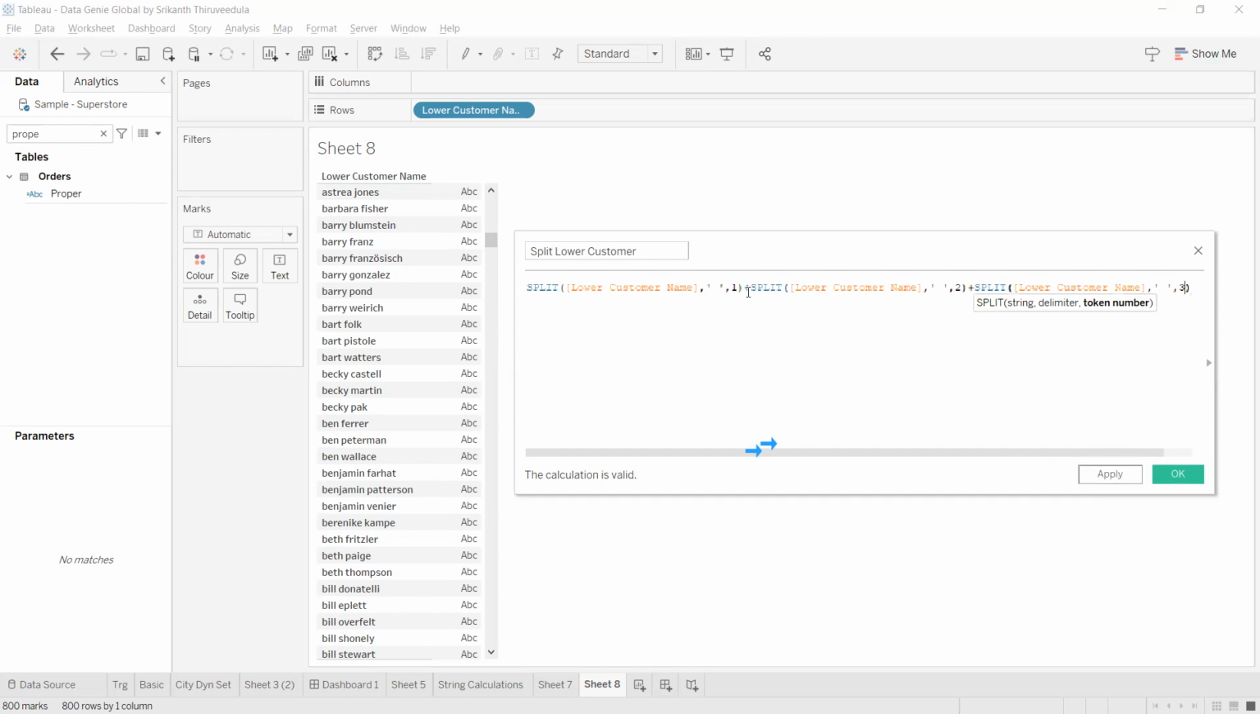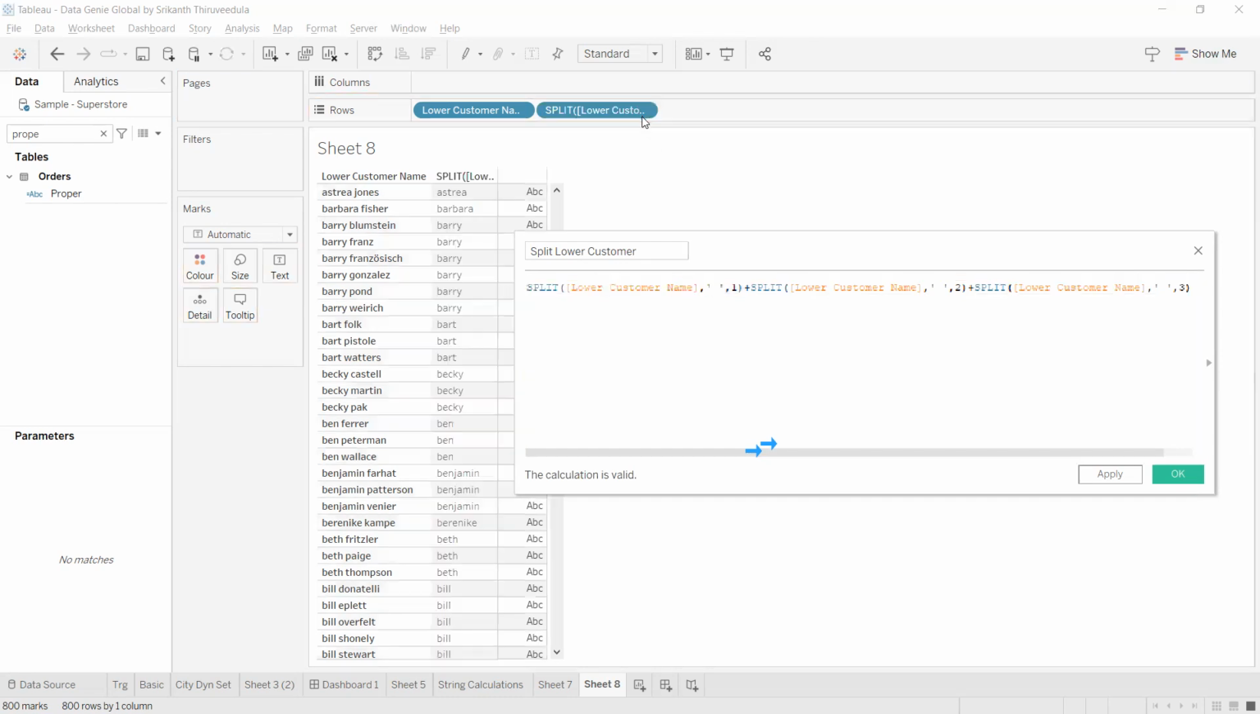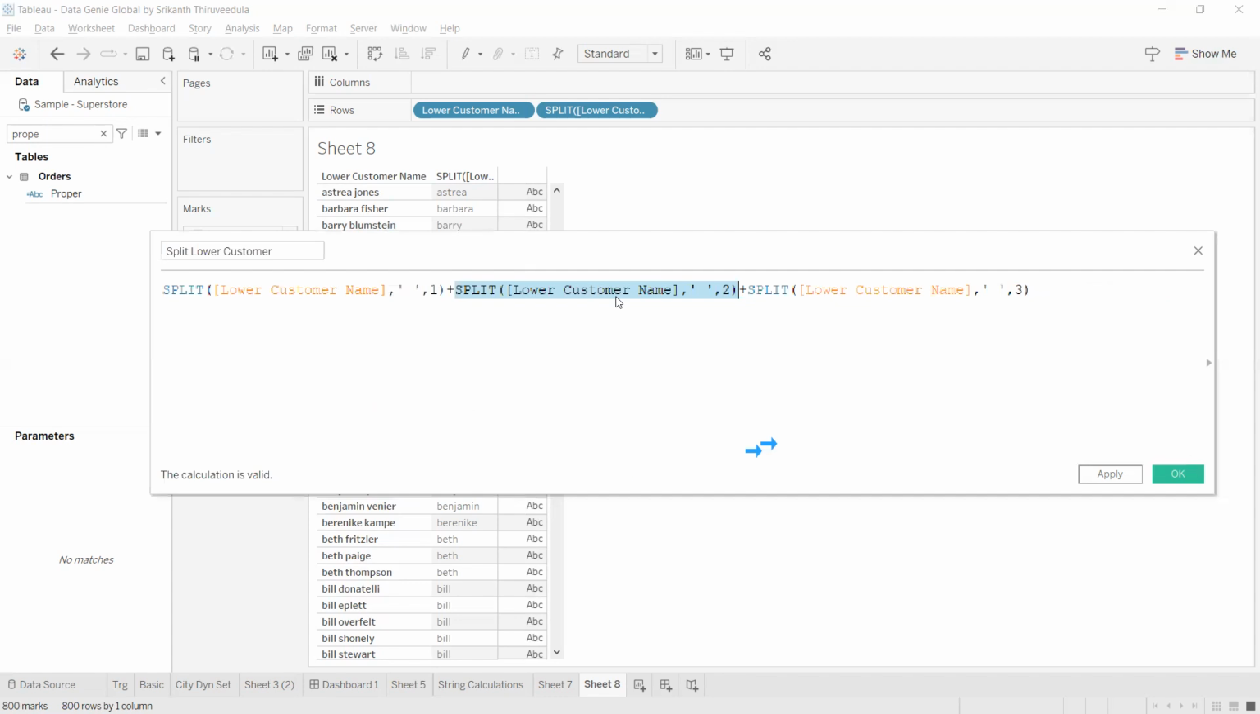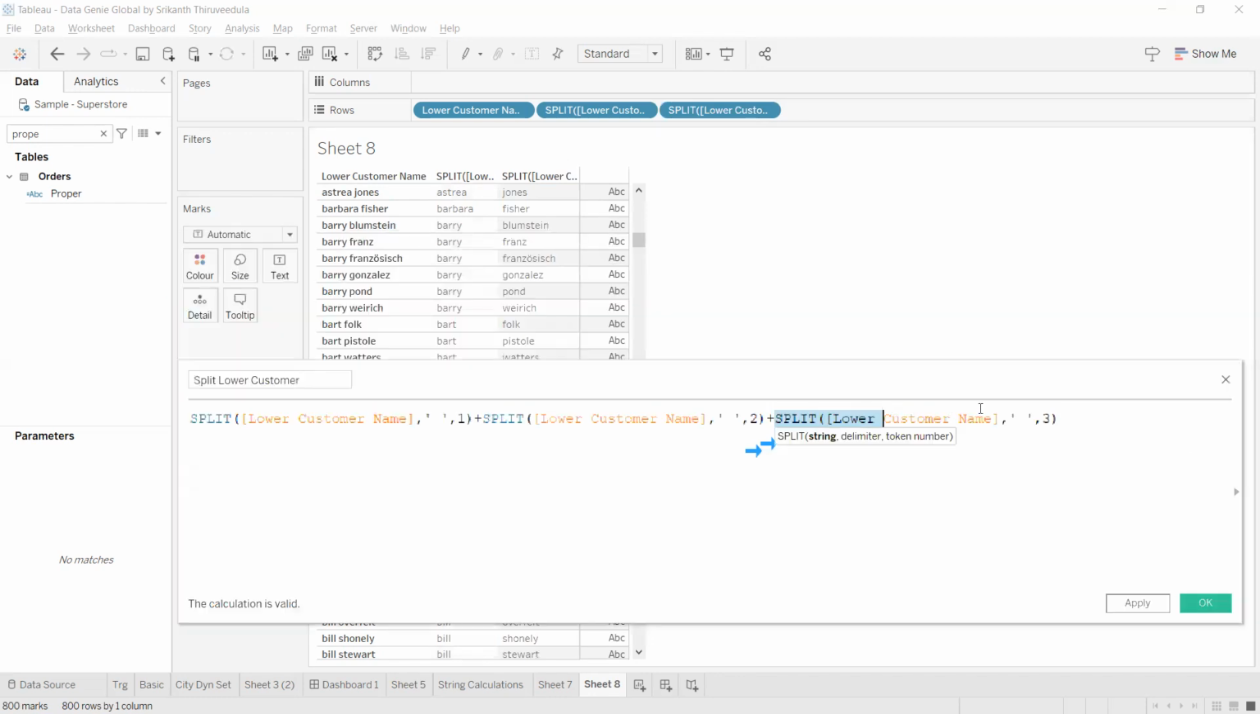So whenever you are doing the calculations, and if you want to know what the output of the first part is without applying it straight away, you can select them and directly bring them into the rows and see the output. So like this, you can select the part which you want to check in the visualization, and even without applying, you can know the output of the calculation which you have written. So if I am taking the third part,